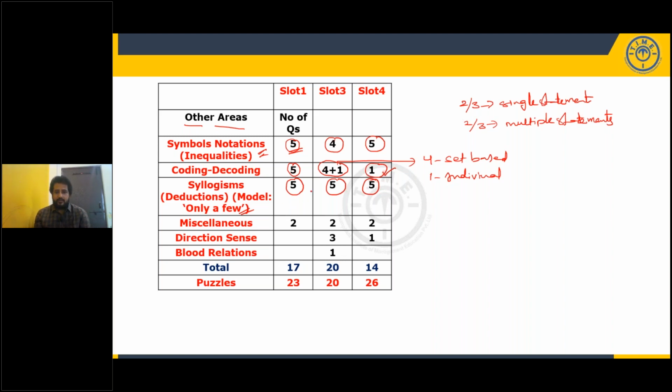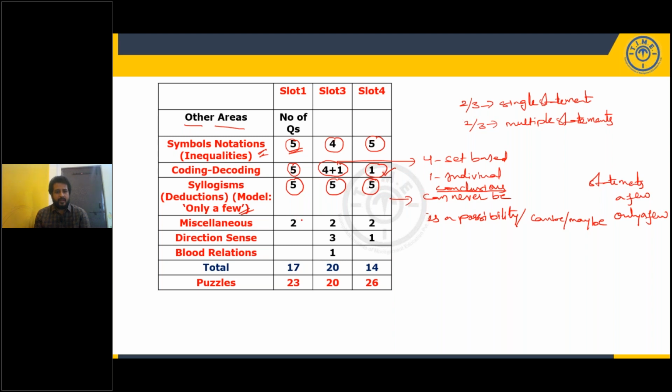And syllogism also they gave very easy as usual. In syllogisms, in conclusions, they use technical terms like can never be, is a possibility, or can be, or maybe. This kind of technical terms. In statements, they use the technical terms a few, only a few. These kinds of statements are used.